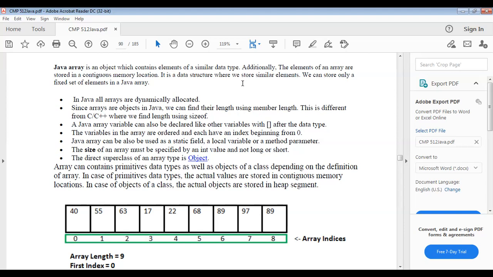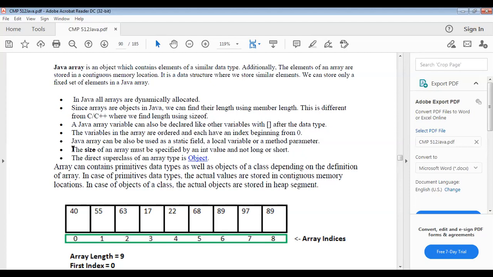We can store only a fixed set of elements in a Java array. All arrays are dynamically allocated. We can learn arrays in C or C++ also. An array can also be used as a static field, a local variable, or a method parameter.